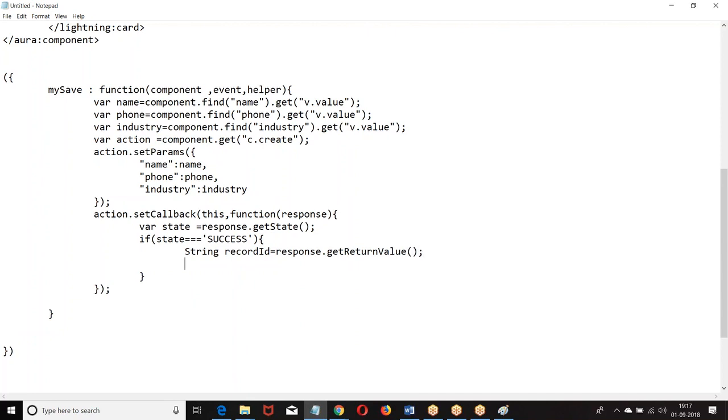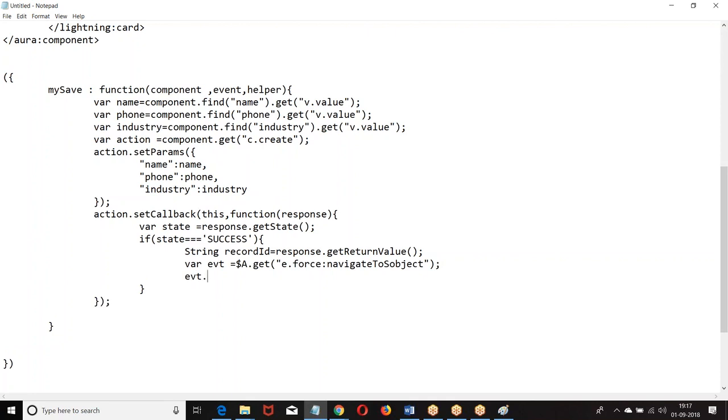Then once you got the return value, we are supposed to create an event. How do you create an event? Component dot, how do you define it? We want to call an event, $A.get("e.force:navigateToSObject").